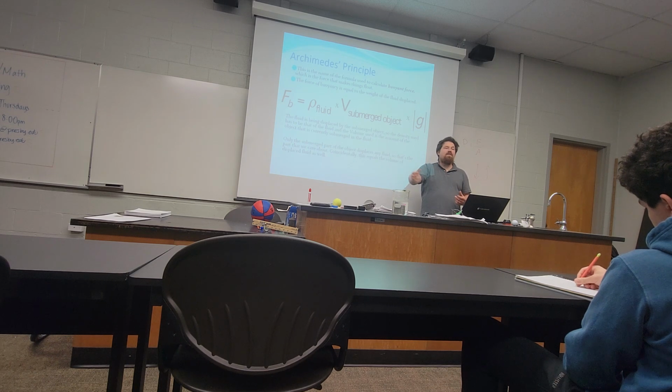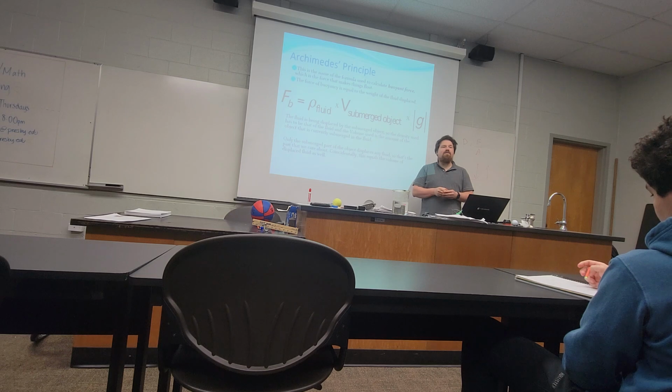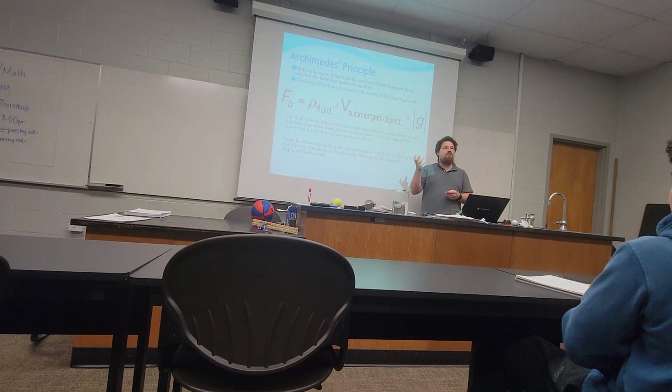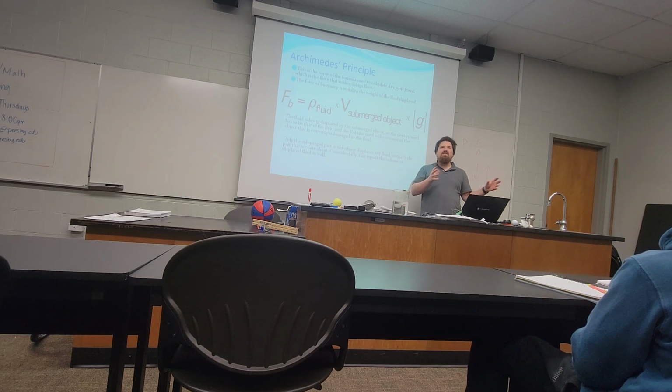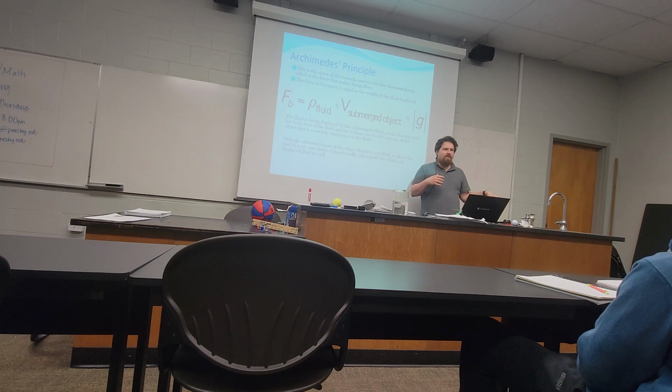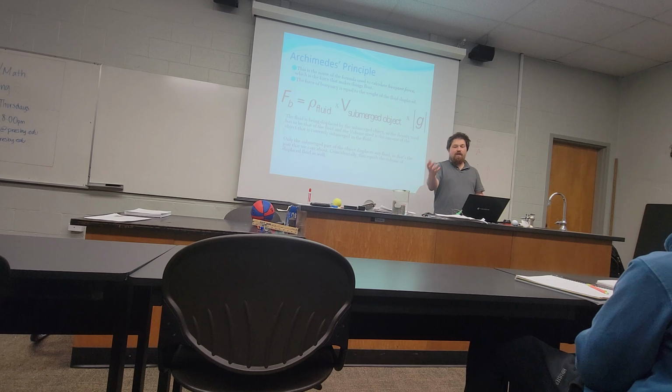He got into the bathtub and noticed that the water level rose despite the fact he didn't add any water, and he famously used it to calculate the volume of a golden crown that isn't a standard geometric shape. So, pro tip, you can use this to figure out the volume of something if there isn't a dedicated formula for that. Like there isn't a formula for the volume of a crown, or possibly not even a good formula for the volume of a hexagonal cylinder. But you can use this trick to discover the volume of anything as long as it sinks.